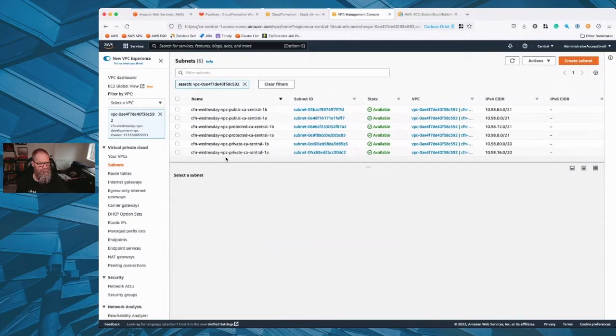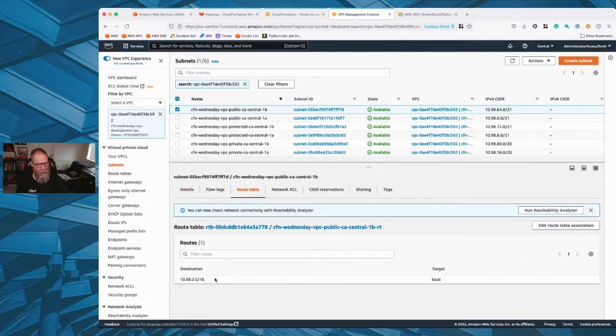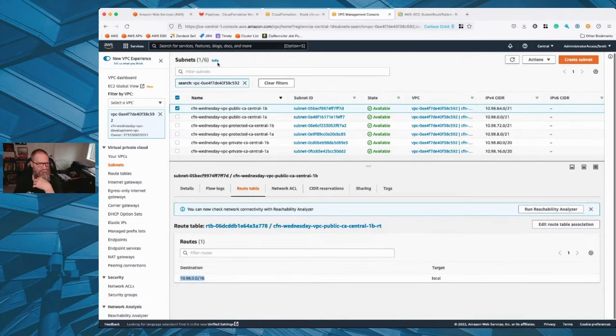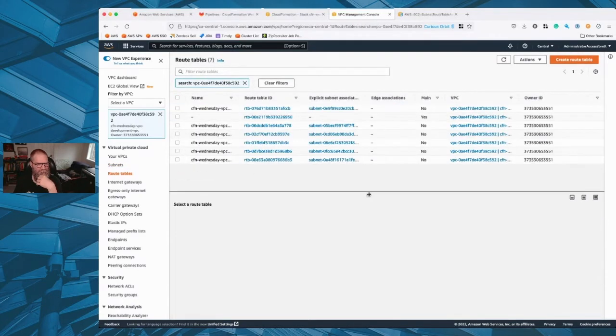Okay. Now what we should have is individual route tables for each of these. Now they're all going to look the same because by default, the only thing we have in a route table is a local route, which would allow resources to see other resources within the VPC. So each of these should have, we've got what, 6 subnets. So if we go here, yeah, we have 7 route tables because when you create a VPC, it has a